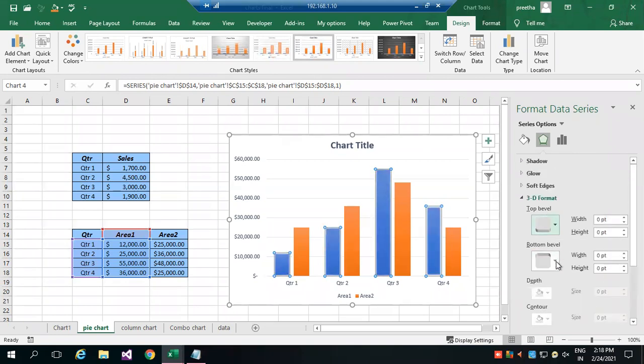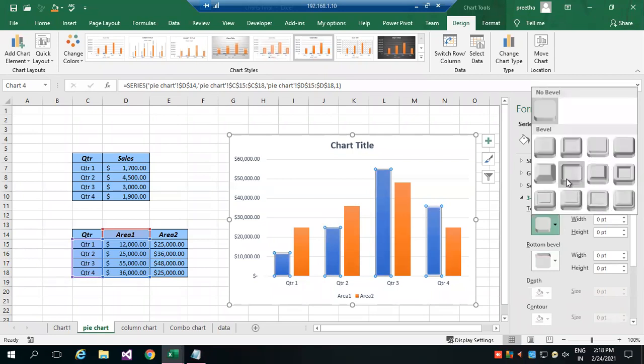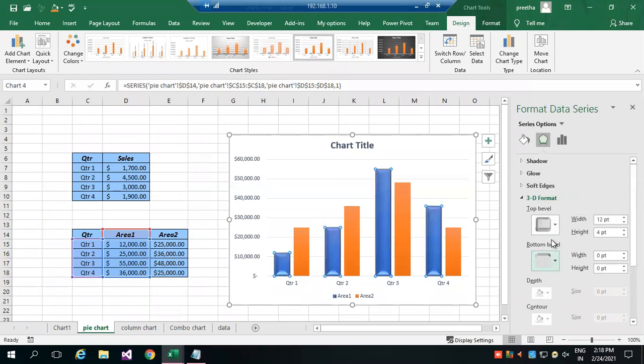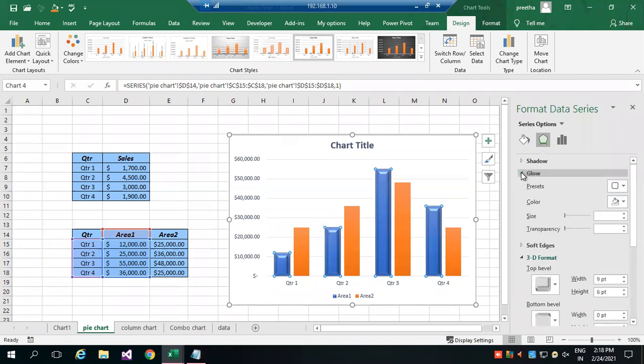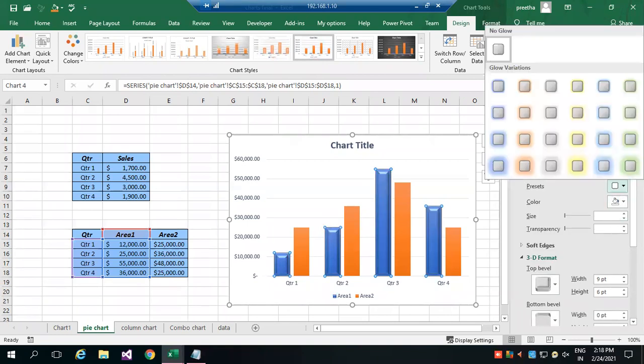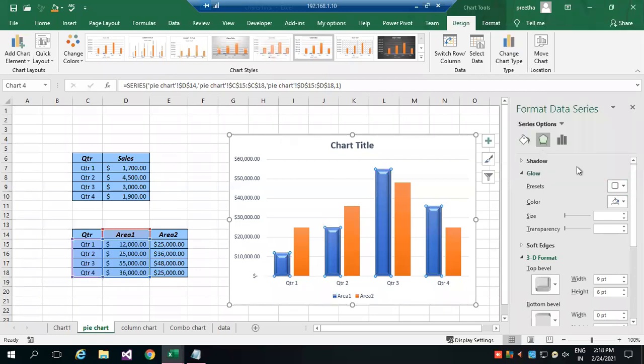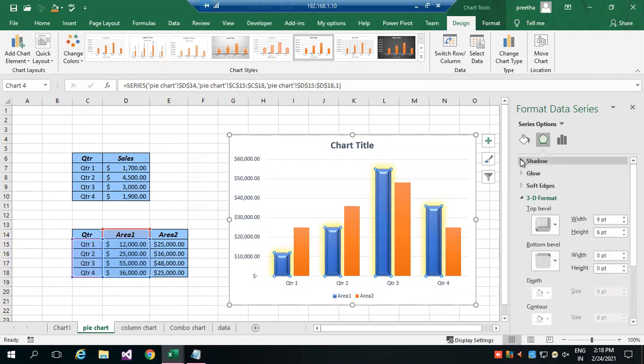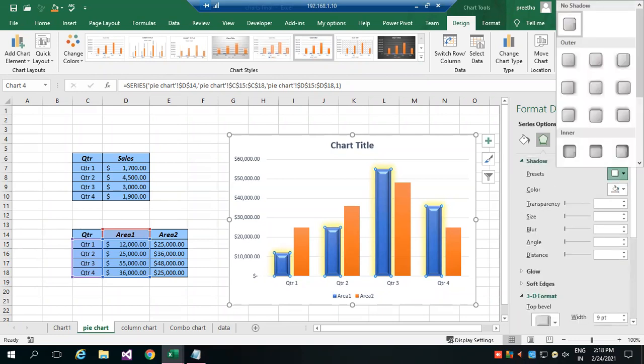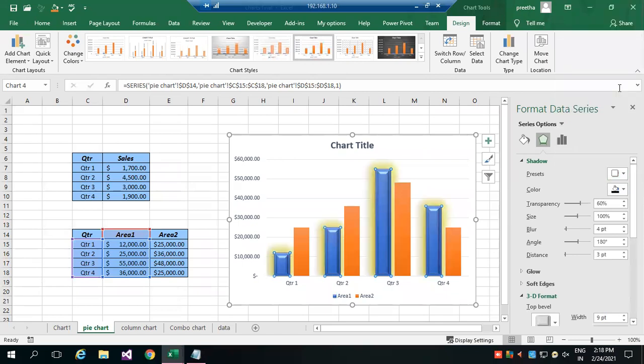If you want a materialistic one, you can change as per your requirement. And in that, how you want to give the appearance, you can select. 3D appearance, glow you can select, how you want to give the glow for that bar. Then shadow also, you can drop either top or bottom or in the corner.